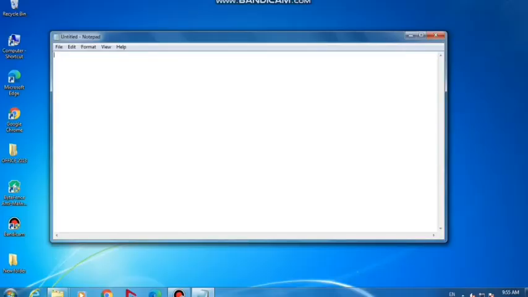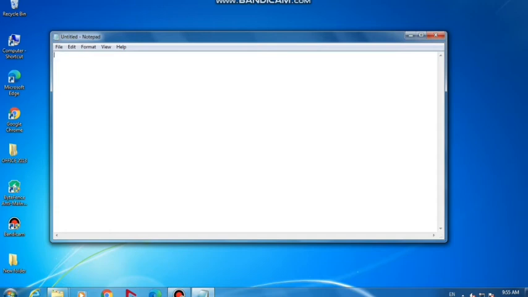Notepad is a simple text editor, a program that has been included in all versions of Microsoft Windows. It is used to type words, sentences, paragraphs and notes.